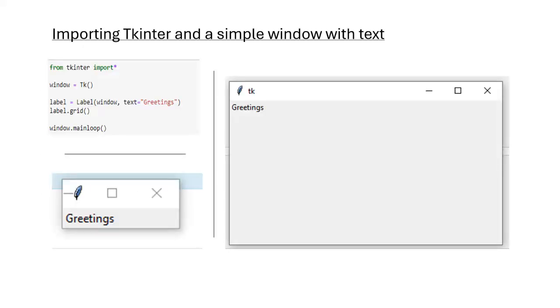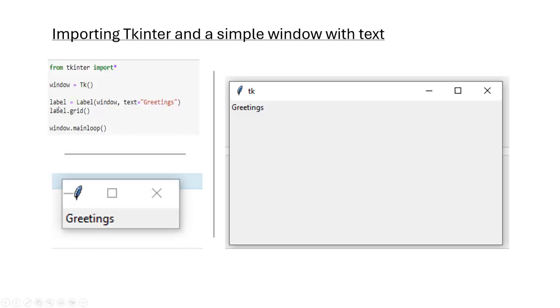So first I have here an example, or rather, the start for Tkinter, which is importing the actual Tkinter, and a simple window with text. So we can see here the window. This line of code creates the main window of the GUI application.